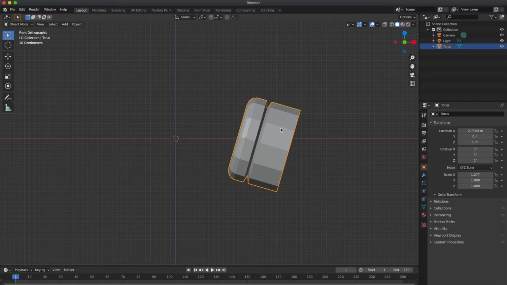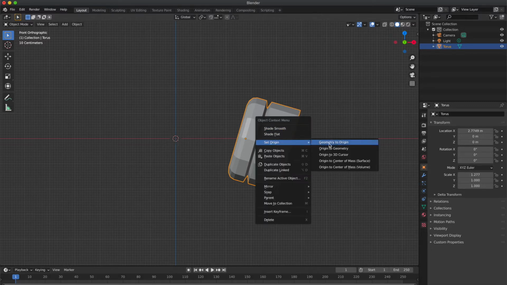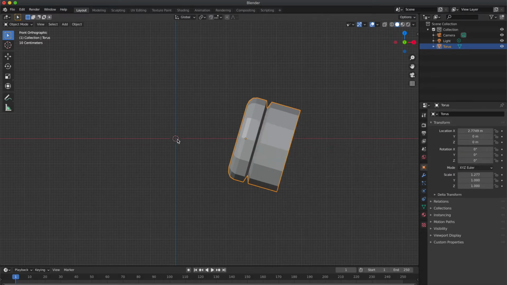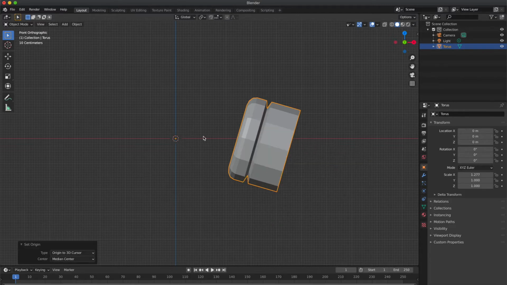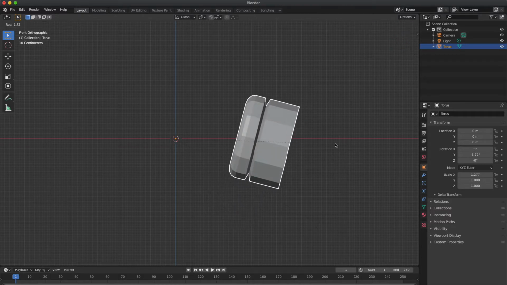Now set the origin to 3D cursor. After setting the origin to 3D cursor, the yellow dot on the torus moves to the center. You can see now that the yellow dot at the center acts as a pivot to the torus. See,